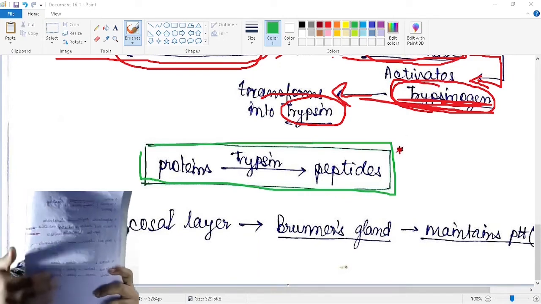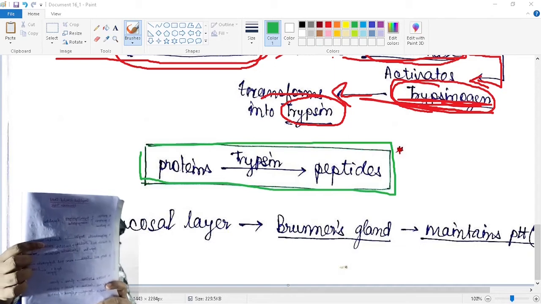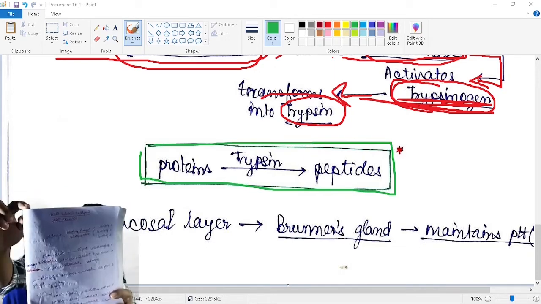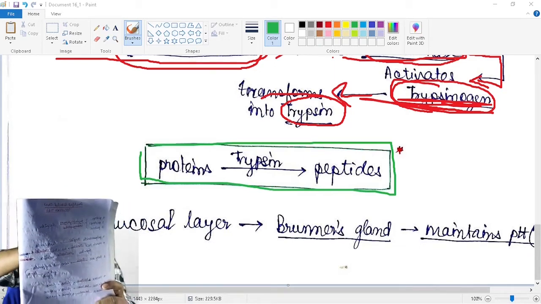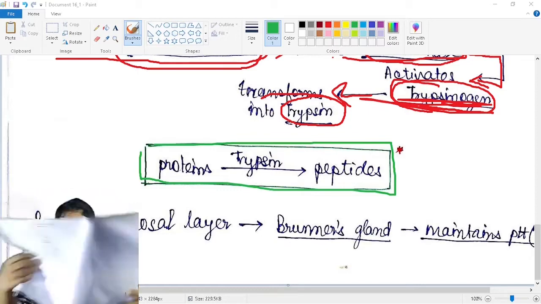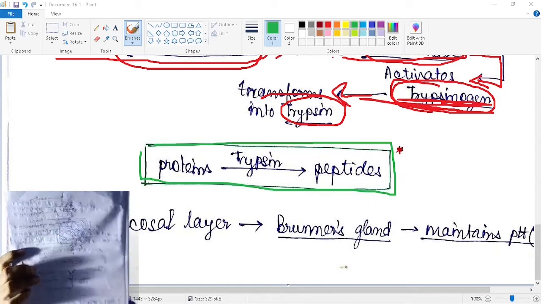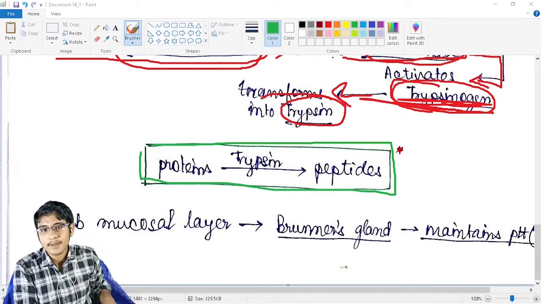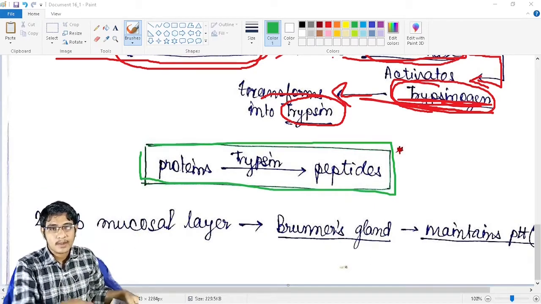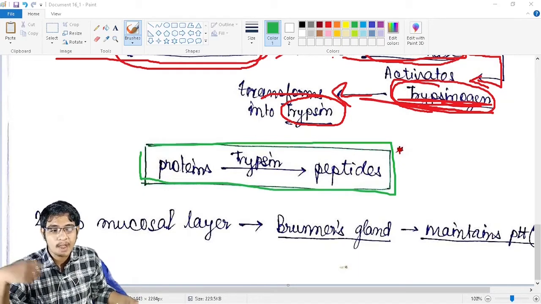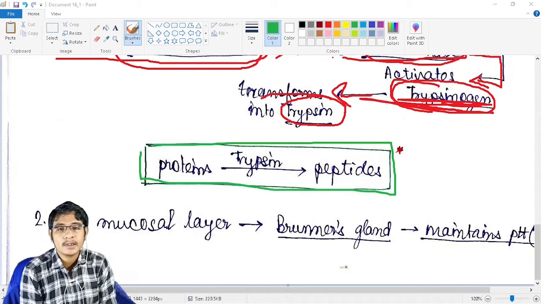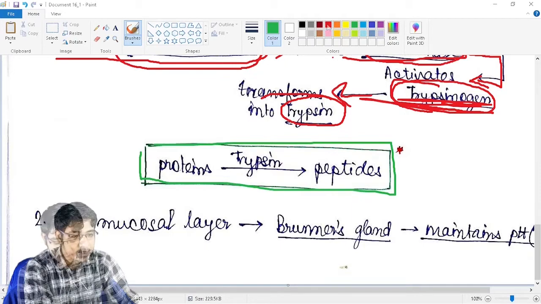This chart right here, you need to understand it very properly and you need to memorize it. This chart is in the next part, the second part. Now we are having this page, and in the next page you will get this chart. You need to memorize it because questions may come from different lines of the book. It is a bit easy. I'll let you know when I discuss the second page.